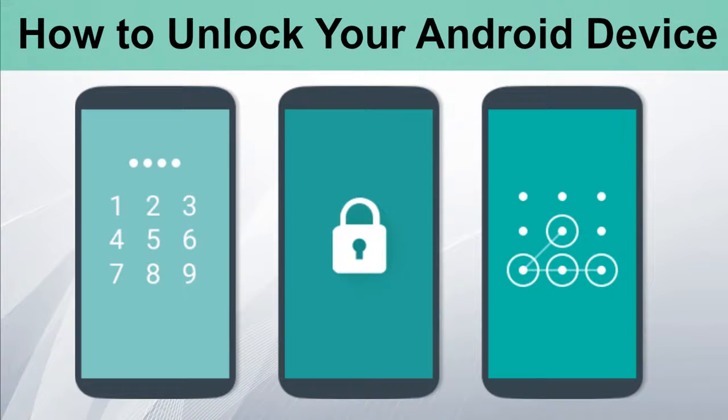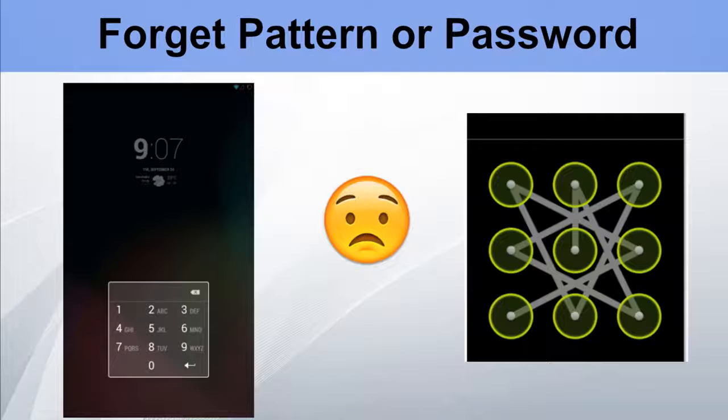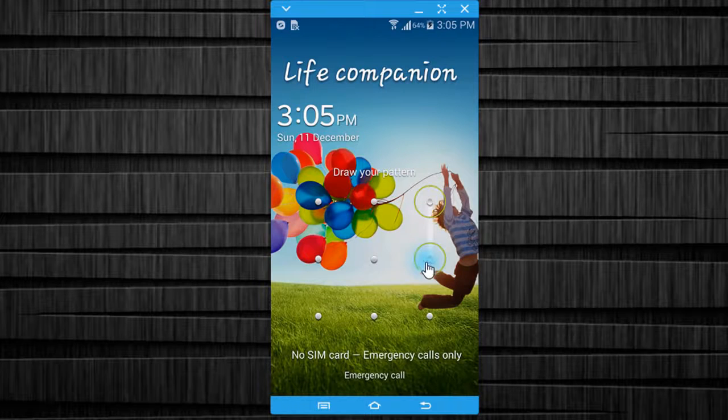In this video I am going to show you how to unlock your Android pattern or pin code. So what to do when you have forgotten your unlock pattern or password on your Android device? If you forget the password or pattern that locks your Android device, or a child or relative was playing with it and entered the wrong password or pattern enough times that it's now locked, this video will help you. Whatever the reason, in this video I will tell you what to do to unlock your Android phone.